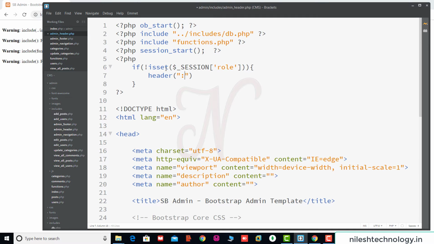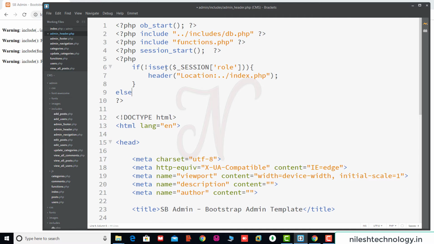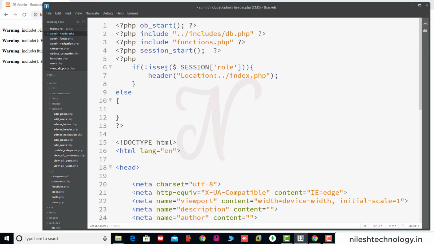So see here, location colon, you are redirected to the index.php file. Okay, else means that it is set. So the session role is set. So check here, is it admin.